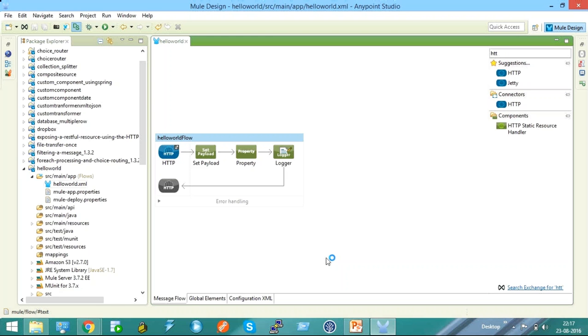No, actually, I didn't understand. Are you asking about your project or this particular MuleSoft? No, no, in your project. You are asking me about your requirement, right? How we can